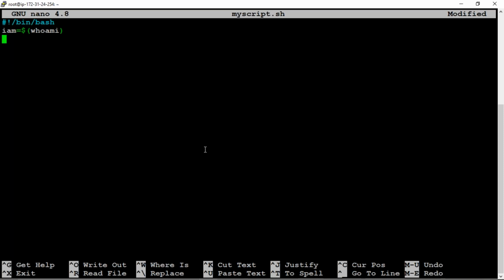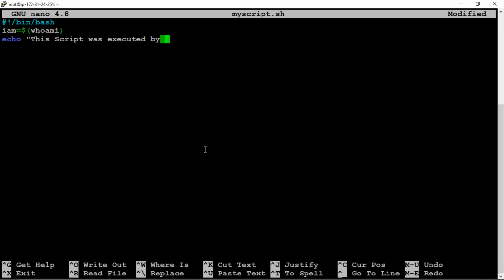Okay, and next I want to print that echo space. So I'm opening quotes. This script was executed by, so here who is executing, proved, right?